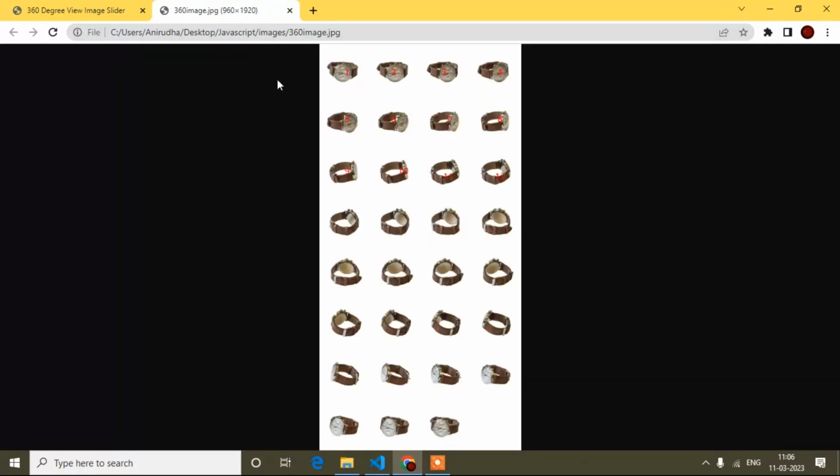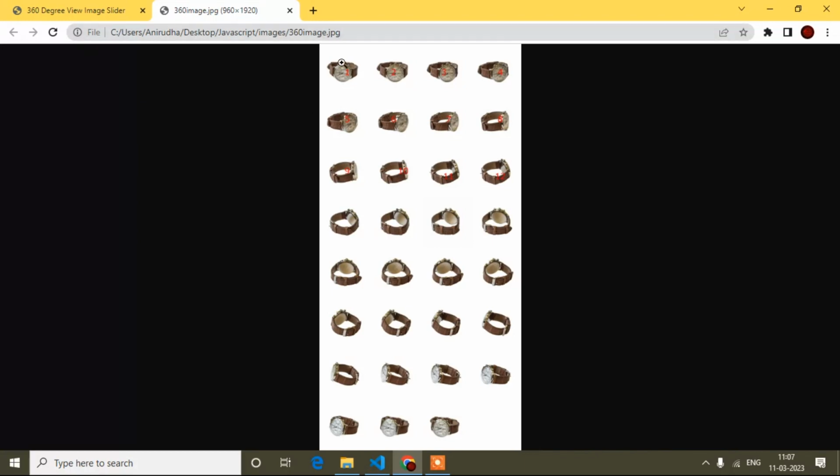In the same way, count how many images are displaying in a column: 1, 2, 3, 4, 5, 6, 7, 8. So 8 images are displaying, and image height divided by 8 gives one image height. This way I can get one image width and one image height, and by this I can display the first image initially.